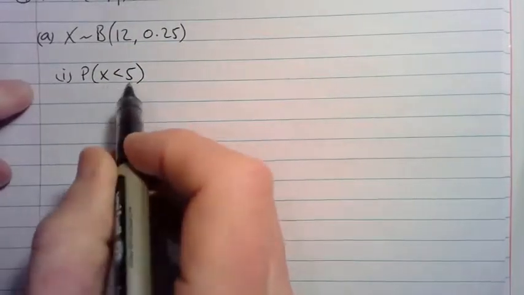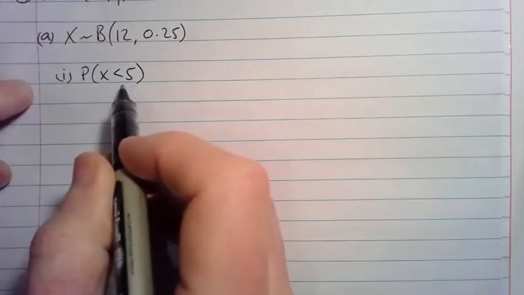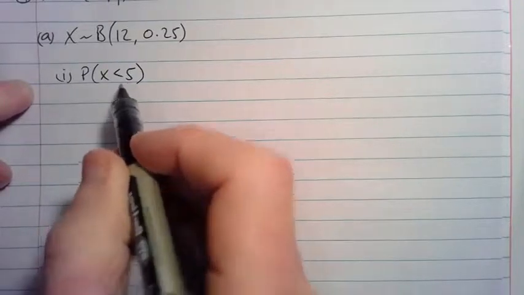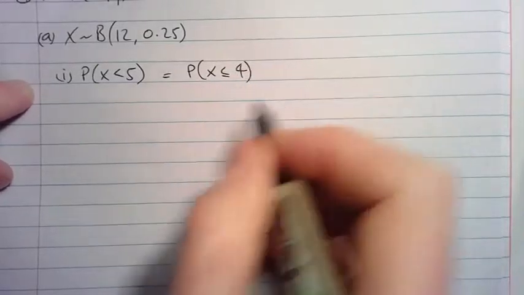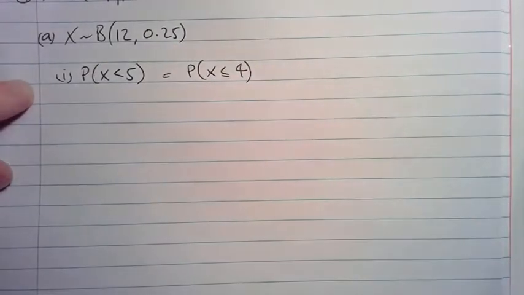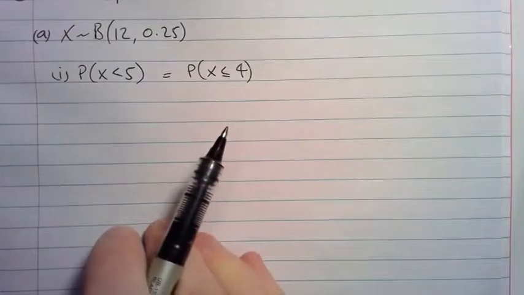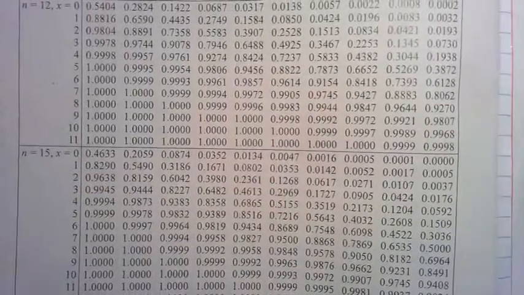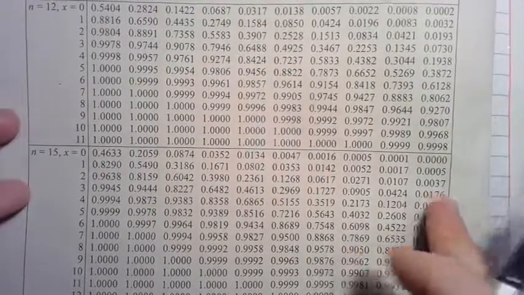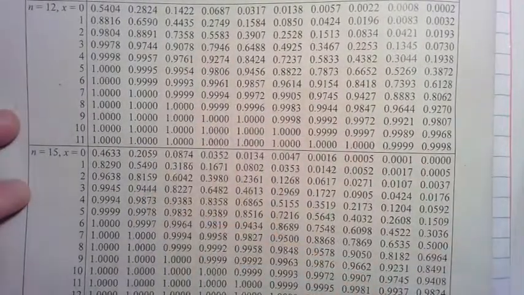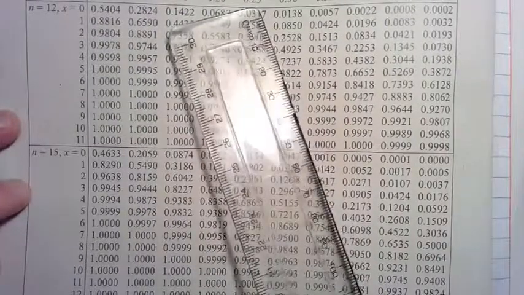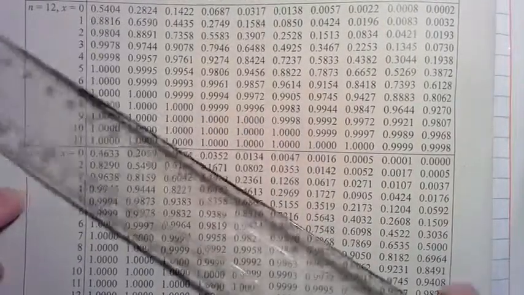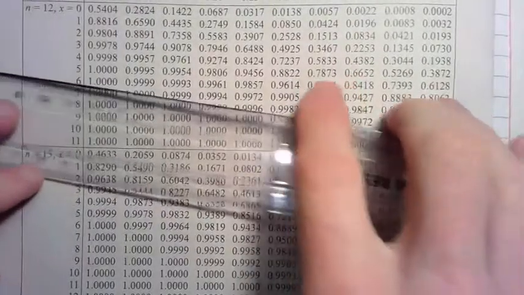Well, if it's strictly less than 5, what can it be? Well, it can be 4, or 3, or 2, or 1, etc. So it can therefore be less than or equal to 4. Now, 12, 0.25 appears in your cumulative binomial probability tables in the formula booklet. And so for this, n is 12, p is 0.25, and we're looking for